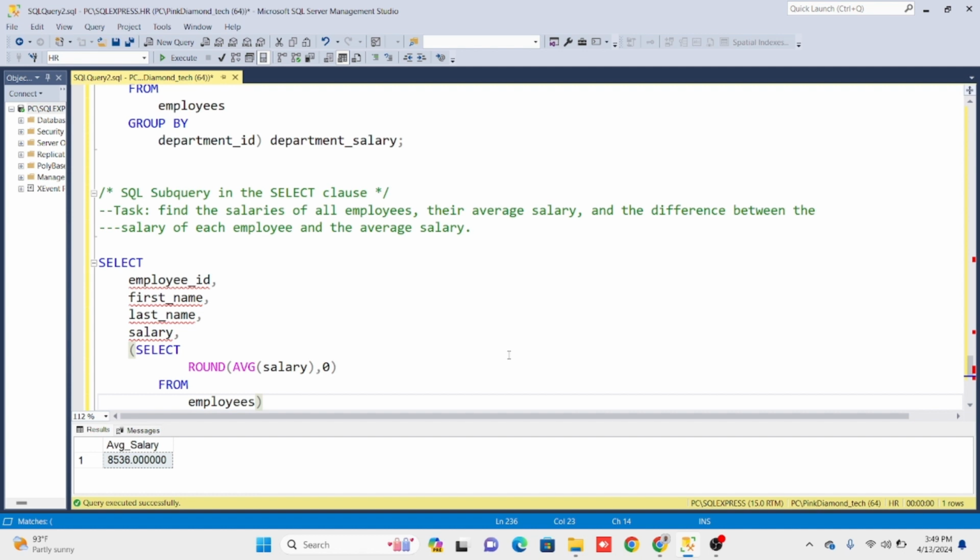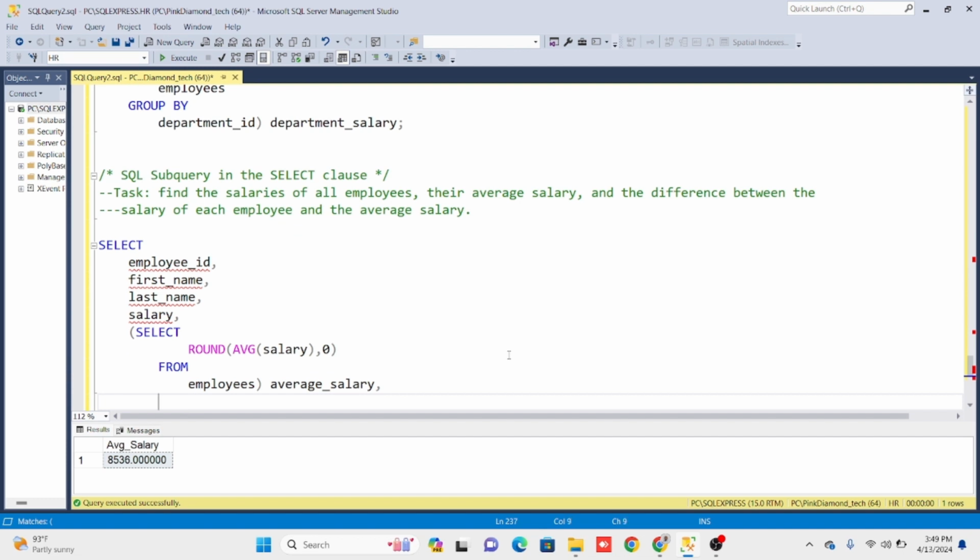We are giving it an alias here, average salary, comma, then salary